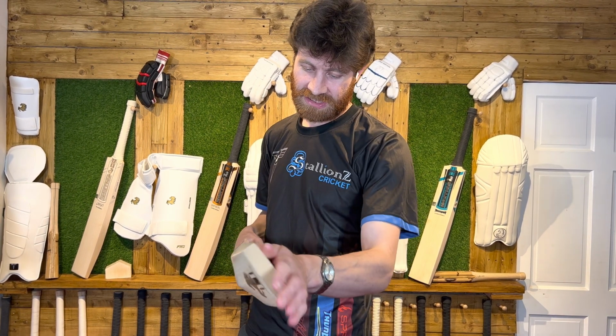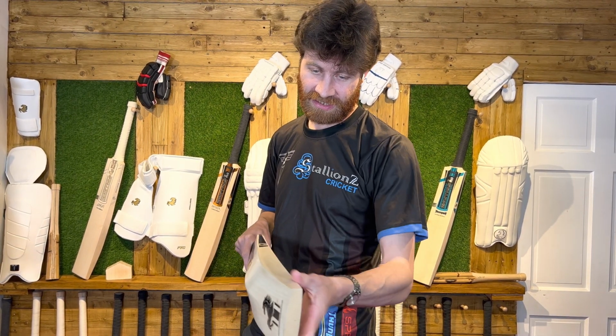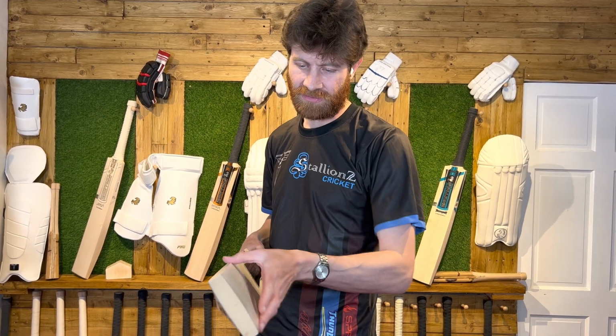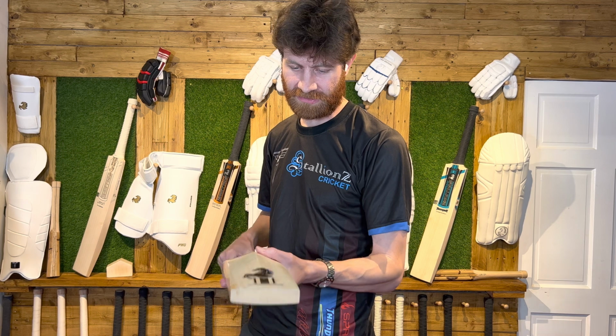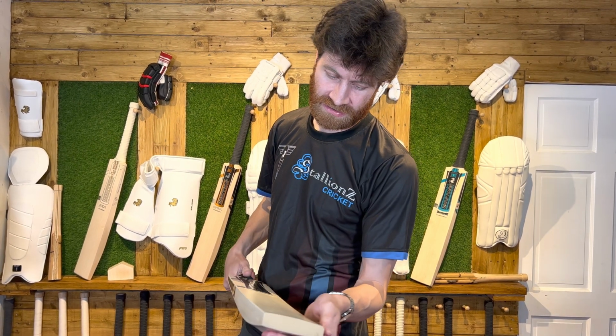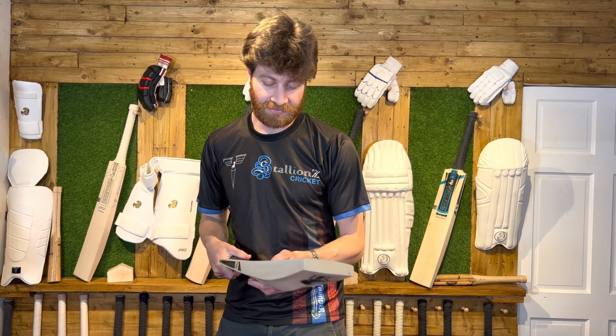Just amazing finishing as well, it looks stunning. I mean, of course they do need knocking in, the edges are bare, but they obviously need rounding and stuff. But yeah, in terms of the finish, really like it. Of course, you're getting that toe guard fitted as standard, and you also get a free anti-scuff sheet and a